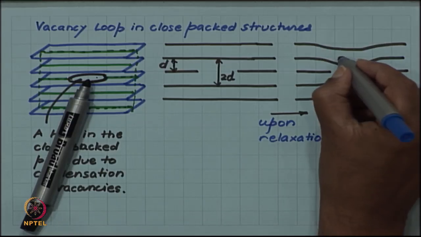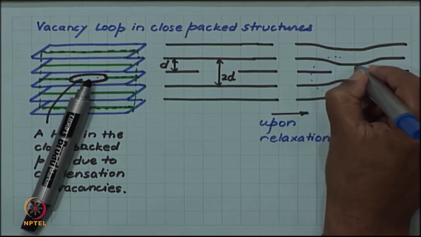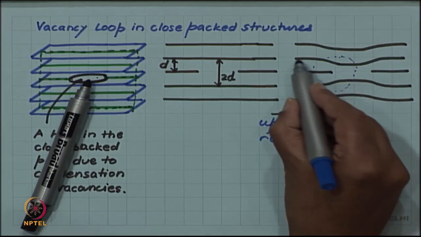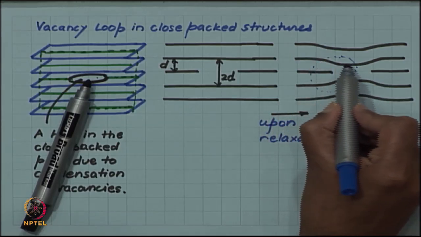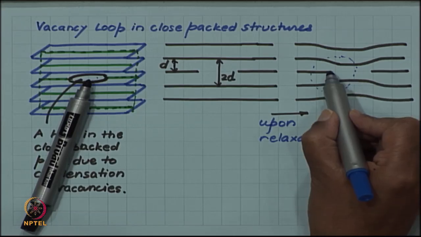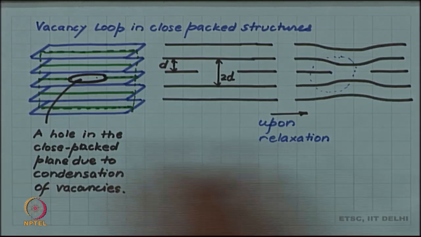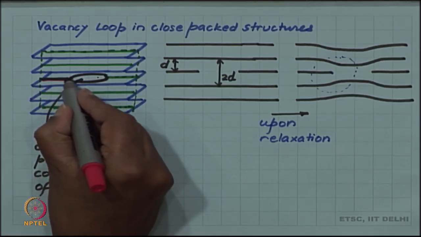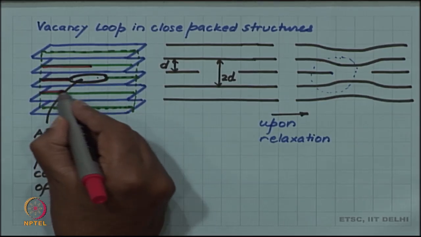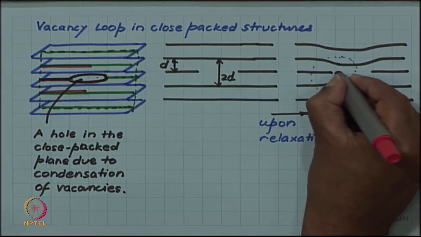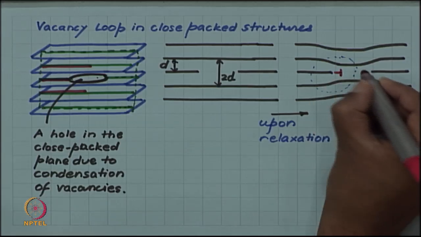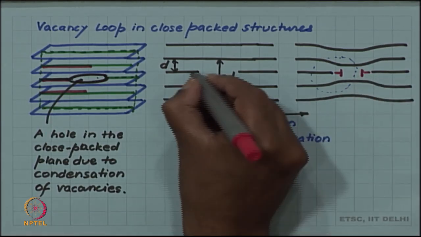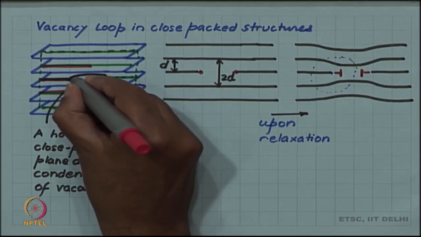You can now quickly see that the local configuration here is nothing but like a dislocation line, because this plane is continuing, but suddenly abruptly ends here. The adjacent planes continue. So, this is exactly like a half plane. So, what essentially I am showing you is that if I am following this line, as soon as I hit this hole, this plane abruptly ends, but the adjacent plane will continue. So, the local configuration there is just like a dislocation. So, I have a dislocation there. Similarly, the local configuration here is like a dislocation. So, essentially we are showing that these two endpoints of the hole are edge dislocation lines,